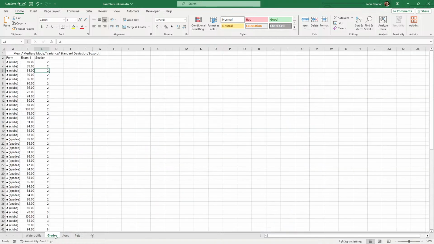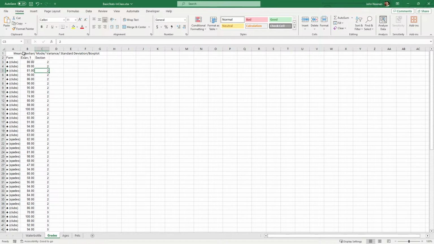What I have here is some grades. Let me explain where these grades came from. These grades came from 2 years ago. I dug out my grades from 2022. This same exam, of course, the problems were slightly different, but not that different. And you'll notice I had clubs and spades on that exam as well. And these are the scores. I don't think there's any way for you to identify who's who. I was teaching 2 sections at that time, section 2 and section 3. I think section 2 was in the morning, like you, and section 3 was in the afternoon. So it would be interesting to compare section 2 with section 3.